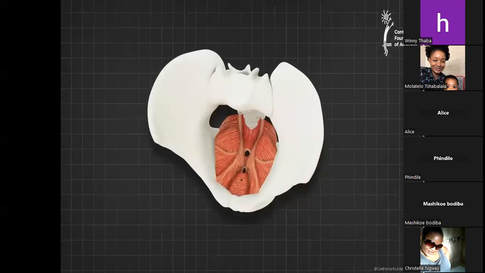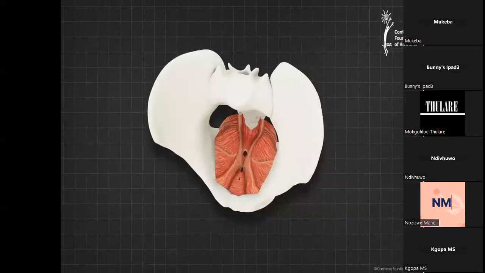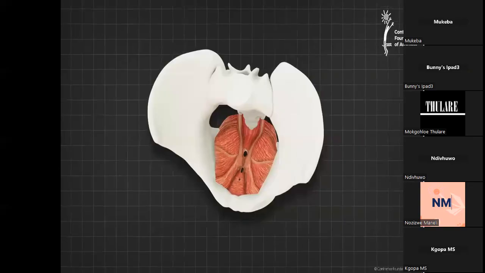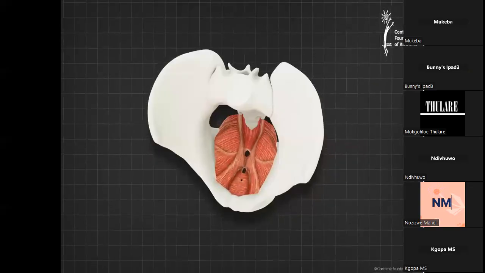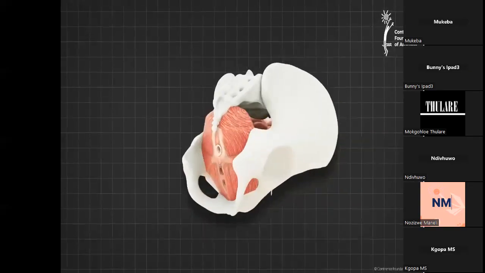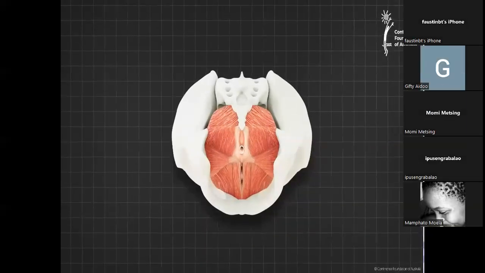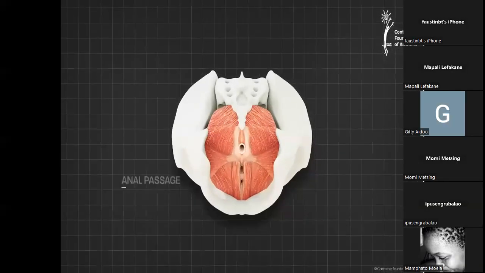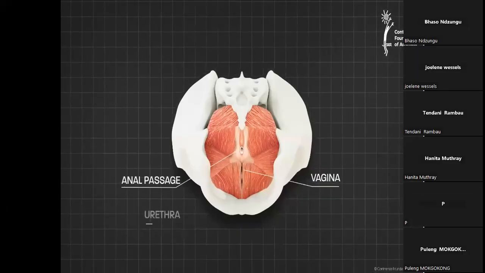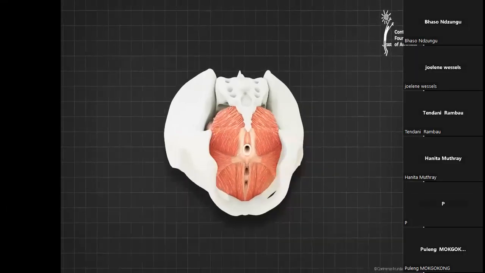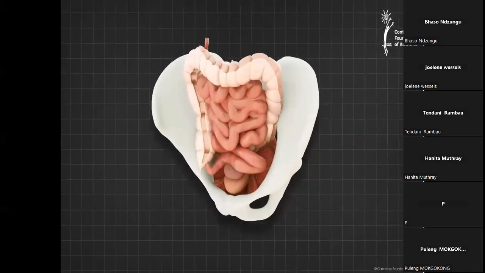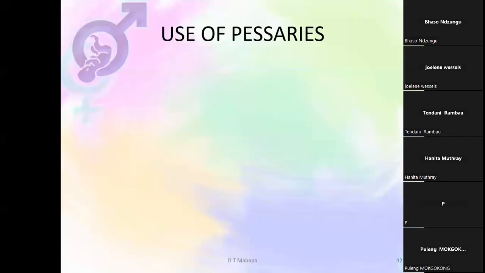Don't hold your breath or tighten your buttocks. Then let go and relax the pelvic floor muscles completely. Notice as you tighten and lift your pelvic floor muscles, they tighten and close around the anal passage, vagina, and urethra. By exercising the pelvic floor regularly, you will train your muscles to...